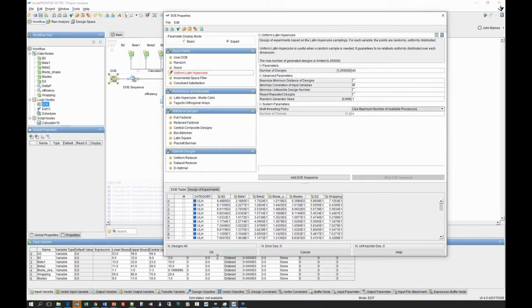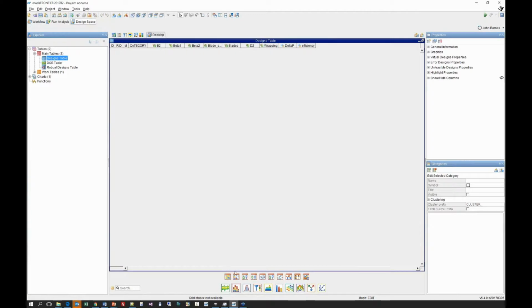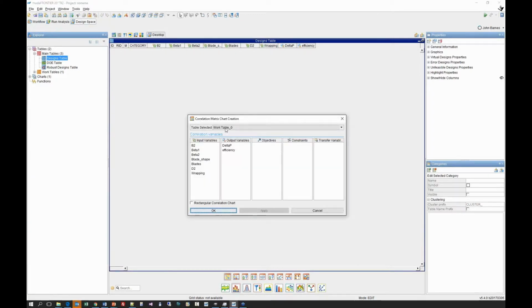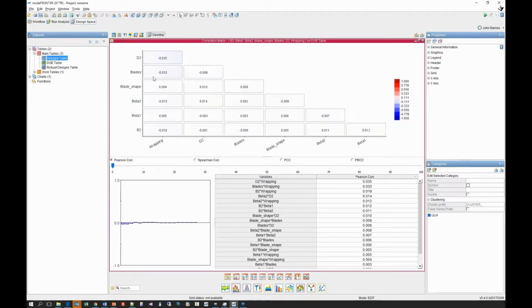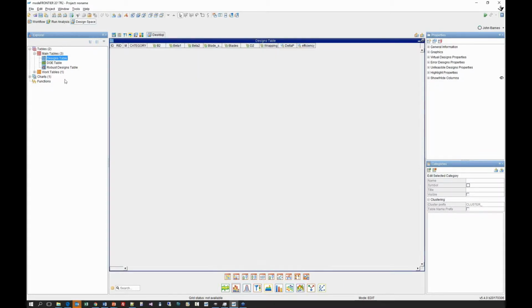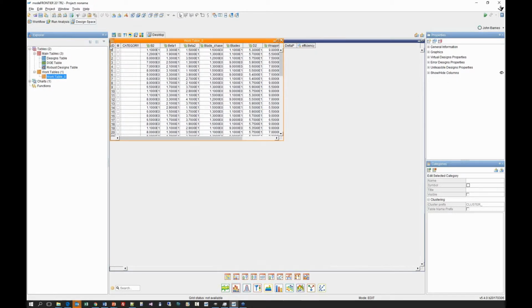So like this set of uniform Latin hypercubes, 40 of those, and if I was to plot the same chart on that set of data, then I would see that my correlations would be much closer to 0. So if I was to use this set of data, then I could perhaps use it for some of the statistical measures that we're going to look at today.